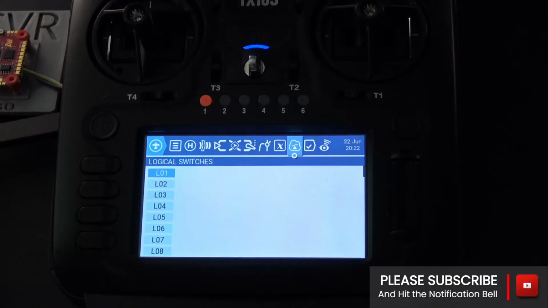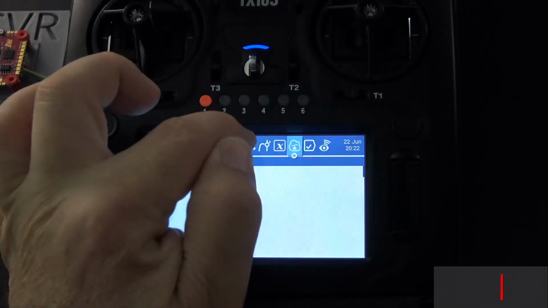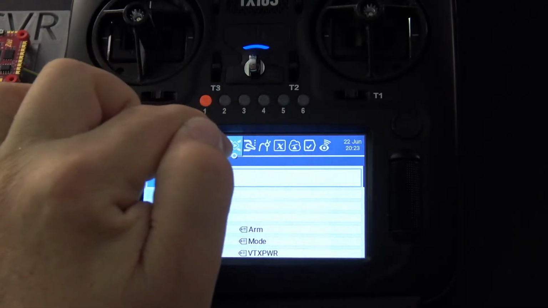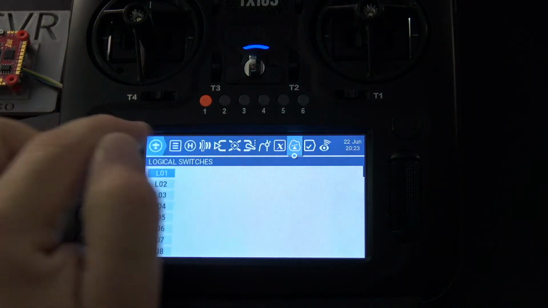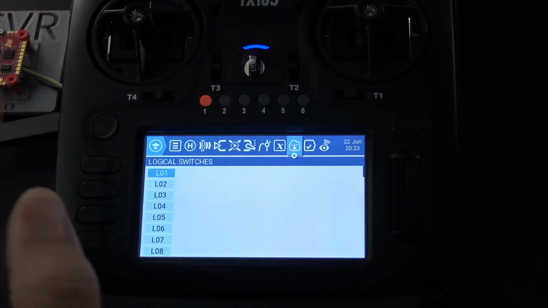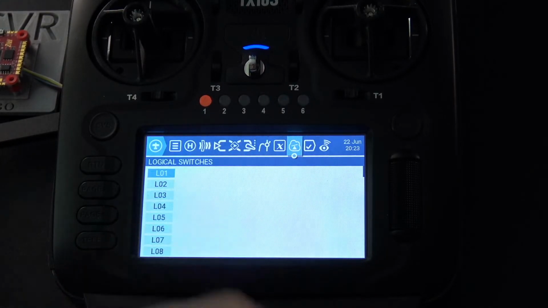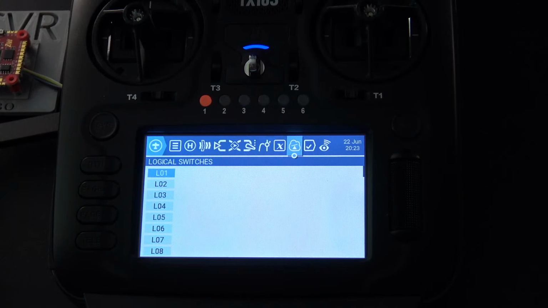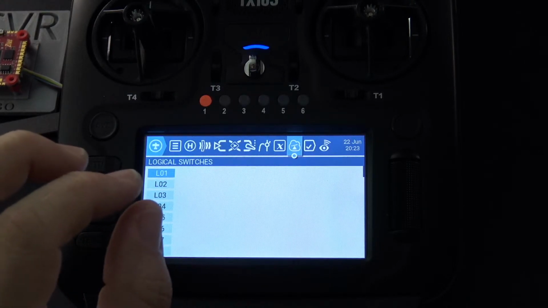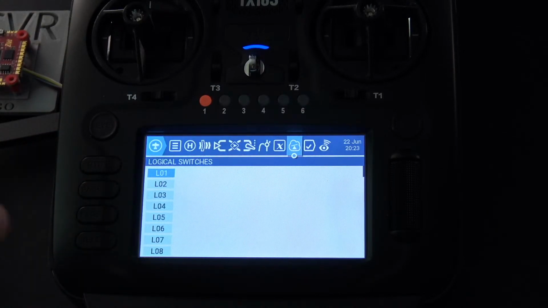What if you don't want all that? What if you just fly a quad and all you really care about is your mixer, so you can see what's on what channel, and maybe a couple special functions, and maybe a logical switch or two, right? If that's all you care about, they're going to arrange it so that these tabs up top are configurable and user selectable. So that's on the roadmap, right? That you'll eventually be able to select what's visible. Current firmware right now, you basically can dismiss maybe one or two, and that's about it.